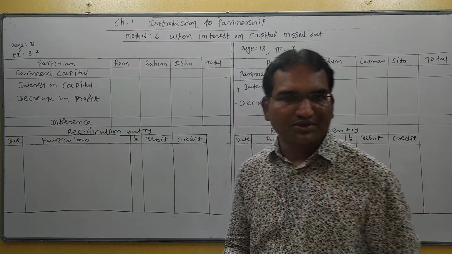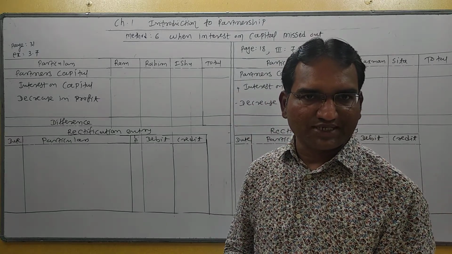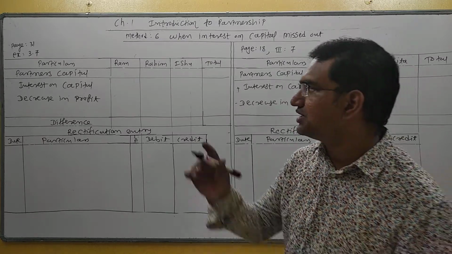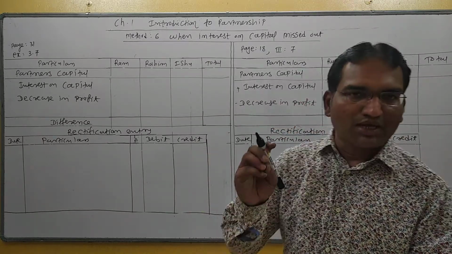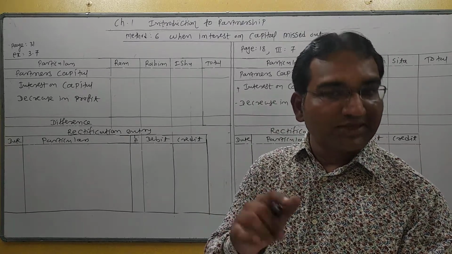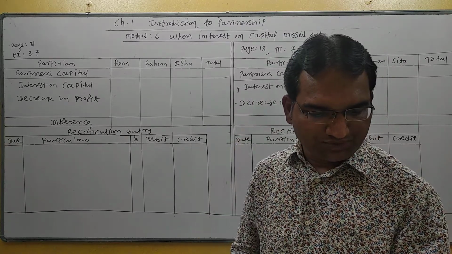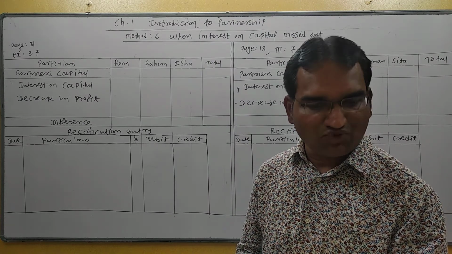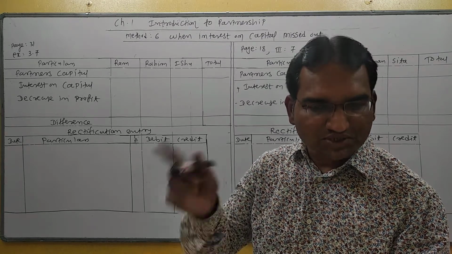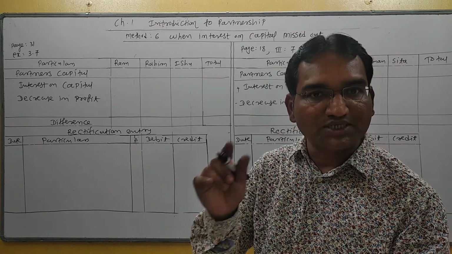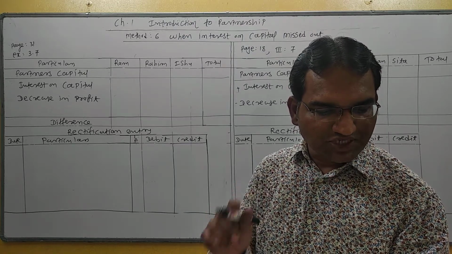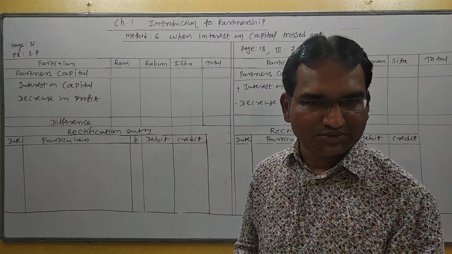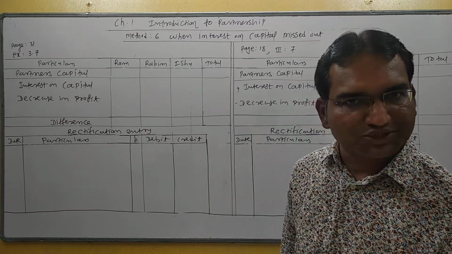Let us understand a practical example which is given in our textbook, page number 31, exercise 7, meaning 3.7. I have read this exercise. Three partners are given: Ram, Rahim, Issue. Capital is given on the date of 1st April 16: 60,000, 40,000 and 50,000. After the distribution of the profit of the year, it was realized that charging of 6% interest on partner capital was missed out. Write an entry for rectification of error.